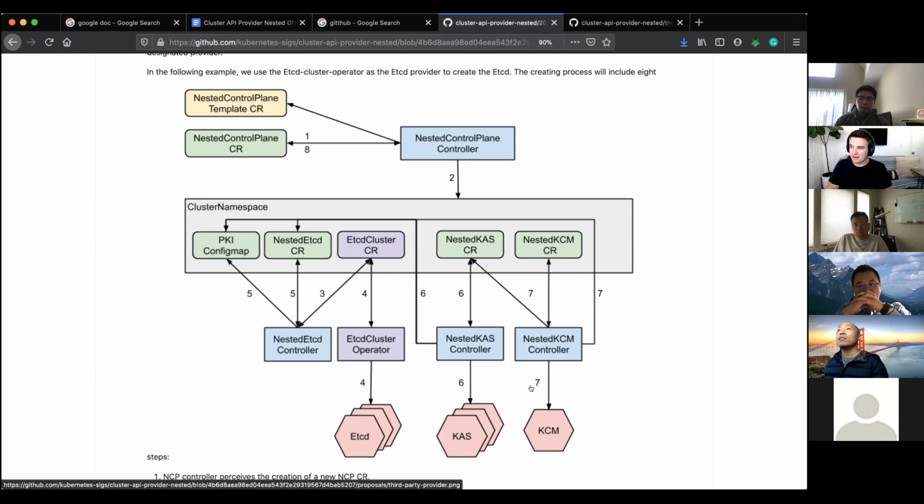So you want to make it not me personally. What we have here would be exactly what I'm talking about from the support perspective. Being able to go through and say there's a couple changes that I would make, but those I'll talk about in the comments. Where we have the nested control plane controller going and creating the nested etcd CR, and